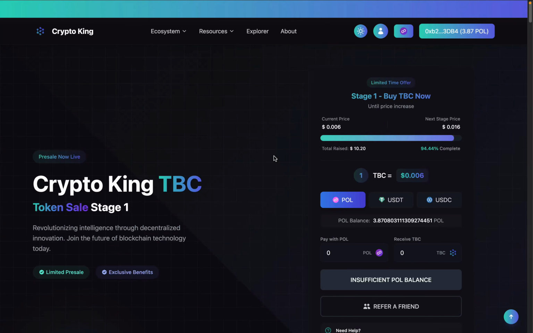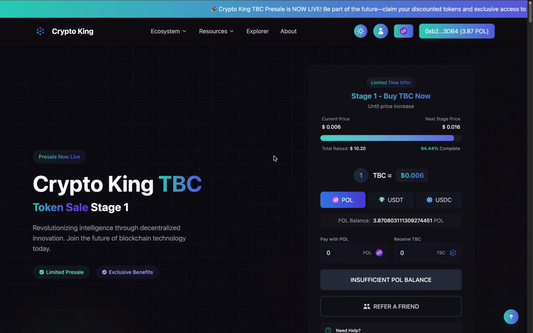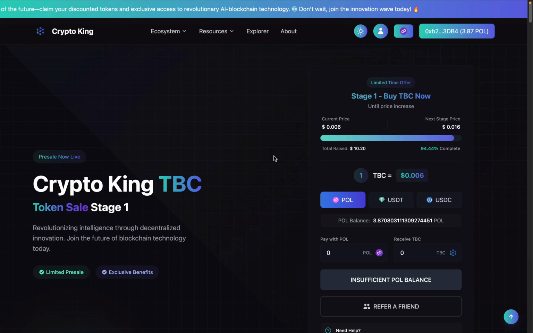What I have done, I have deployed this particular smart contract on Polygon mainnet. All the data which you can see is coming from the mainnet, and all the transactions which I'm doing, buying with USDT, USDC, POL, I'm doing with real money. So let me walk you through this, and it will work absolutely fine no matter which blockchain you want to